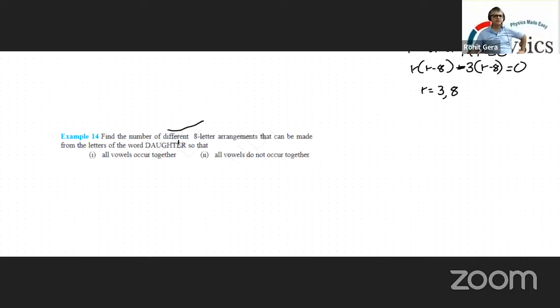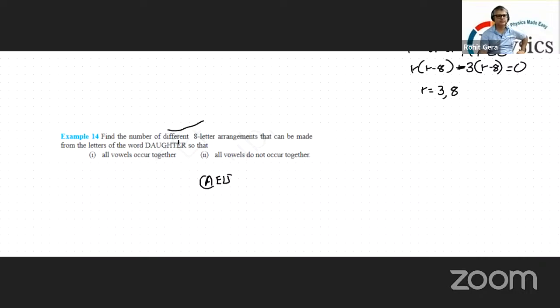These have to be different, so repetition is not allowed, right? So there are only 3 vowels, A, U, E. So 3 factorial is the number of ways you can arrange the vowels together. We have to form 8-letter words. I think the only thing is this triplet of A, E, U